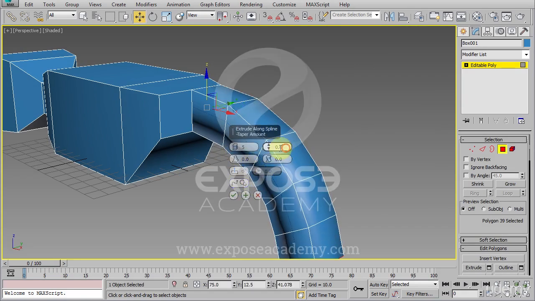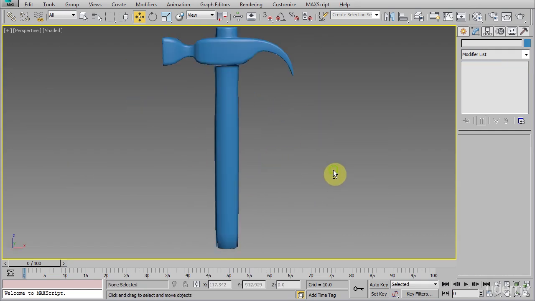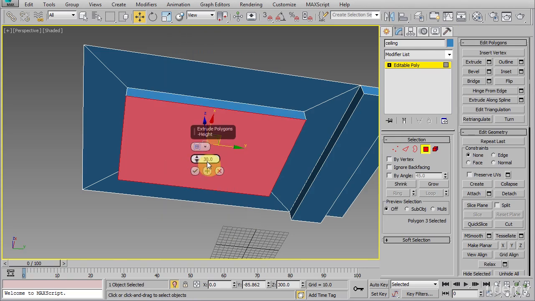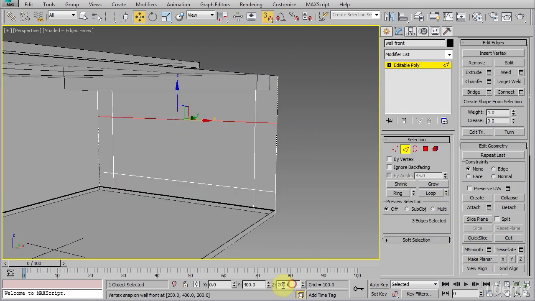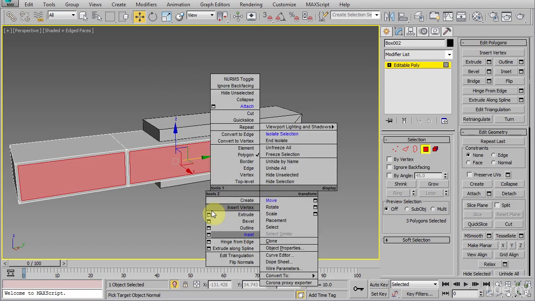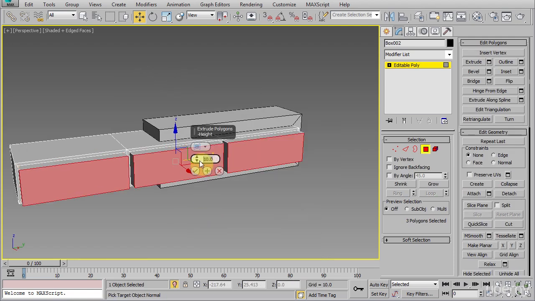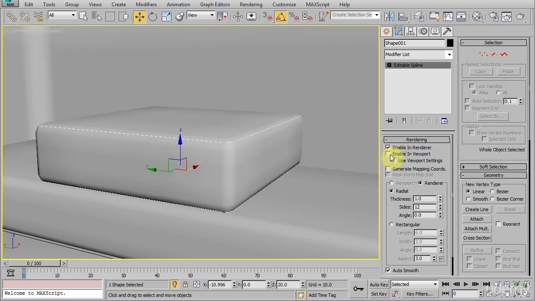After we master the two main groups of modeling techniques, we're going to apply them to modeling an interior scene from scratch. We're going to start modeling from the main room model, the floor, the wall, the ceiling, the window, etc. After that, we're going to move on to fixed furniture such as the TV cabinet, then the loose furniture such as the sofa, the coffee table, and so forth.